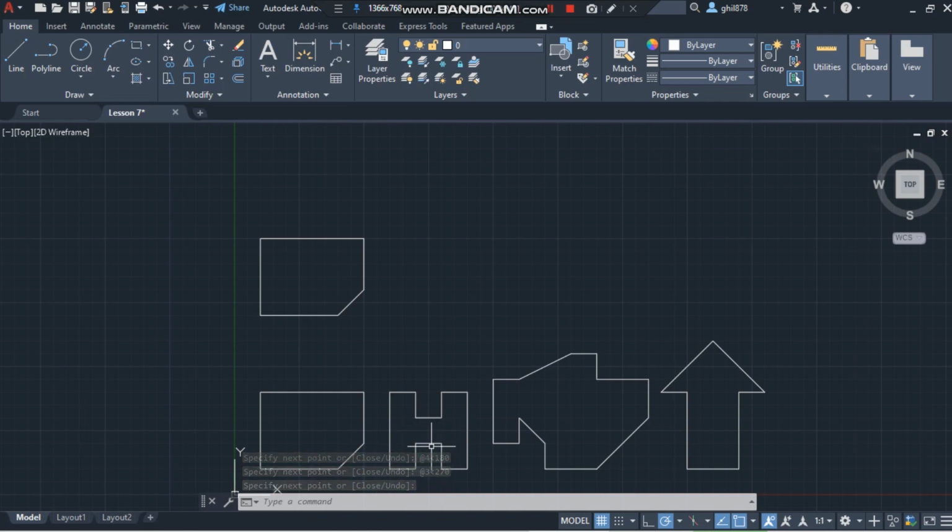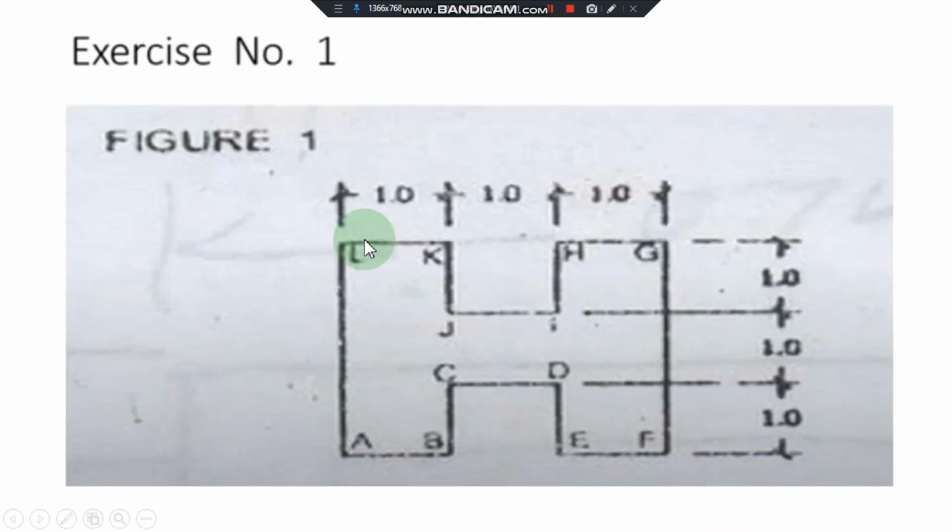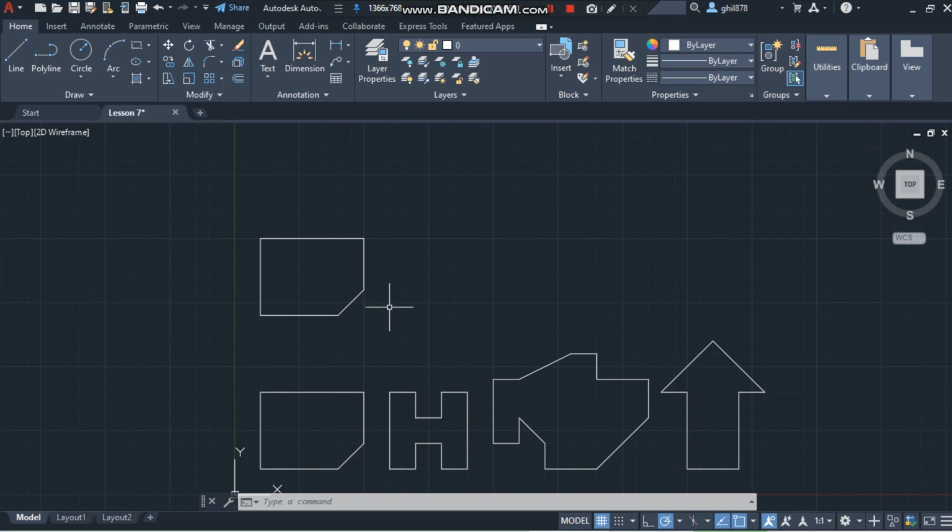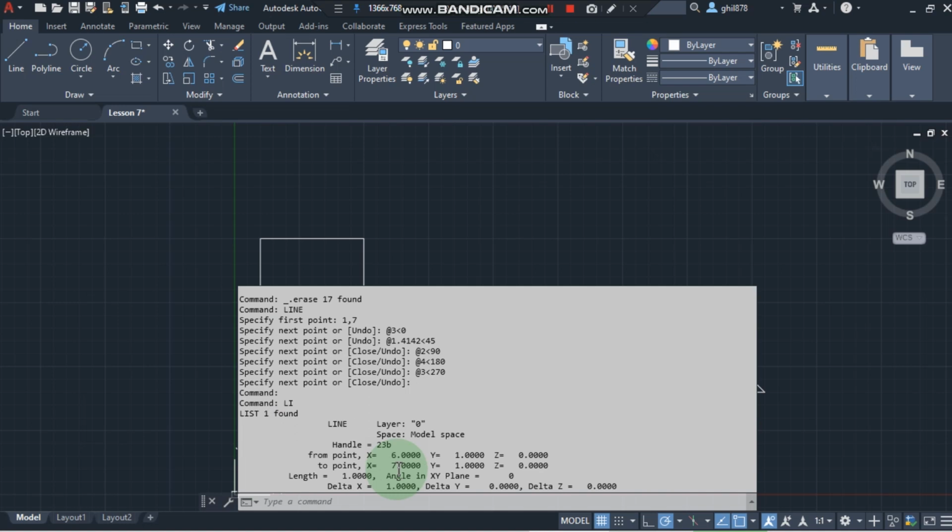Then our next figure will be exercise number 1. It's just a block letter H from A, B. So we have our first line, this part, so we have it here. That will be just to figure out the listing. So we have it at point xy coordinate is